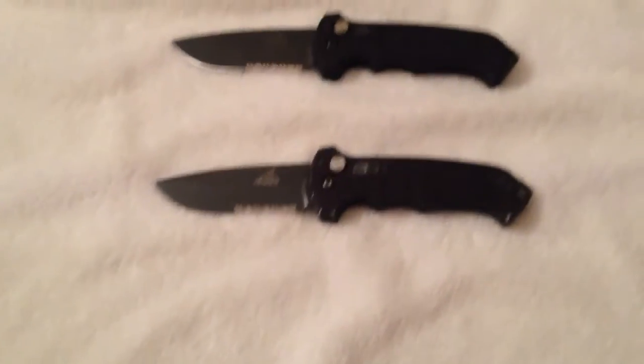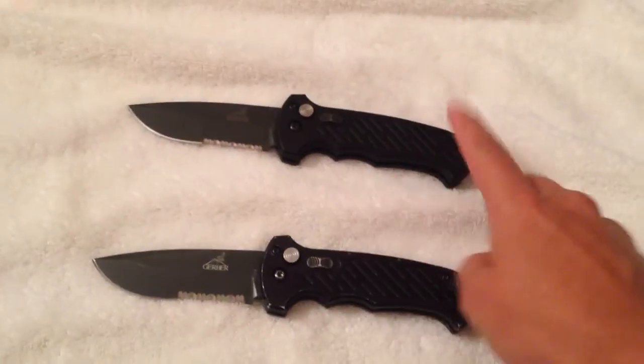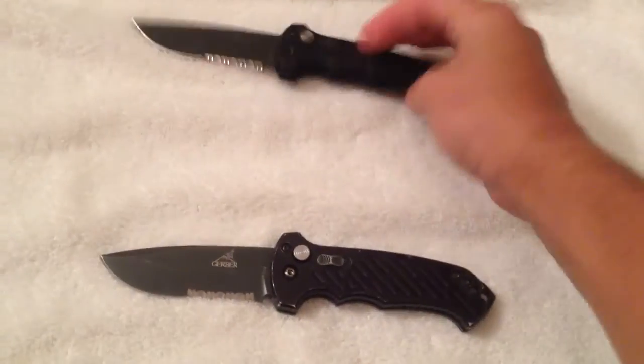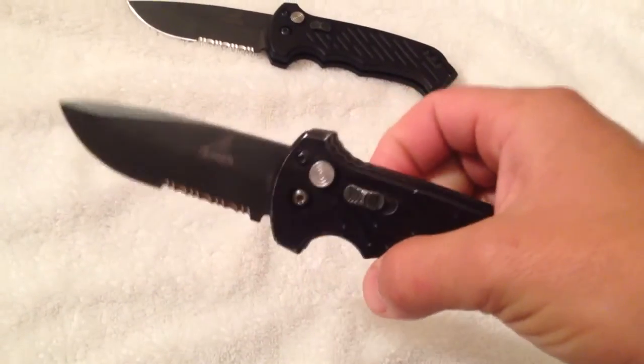All right, YouTube. So we're done with the reassembly. And we have the 2 knives, the one that came out of the box. This is brand new. This is the one we did not touch. As you can see, it's absolutely brand new. And then we have the one that we took apart and we worked on, we cleaned, we put back together,